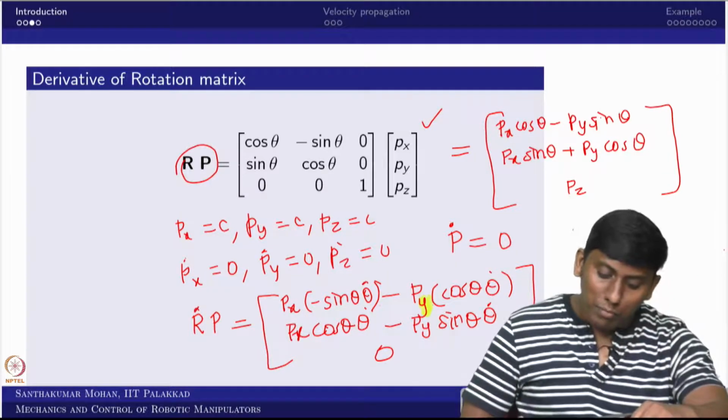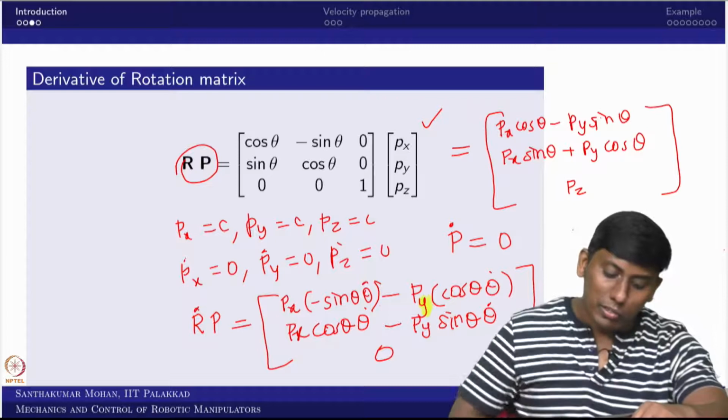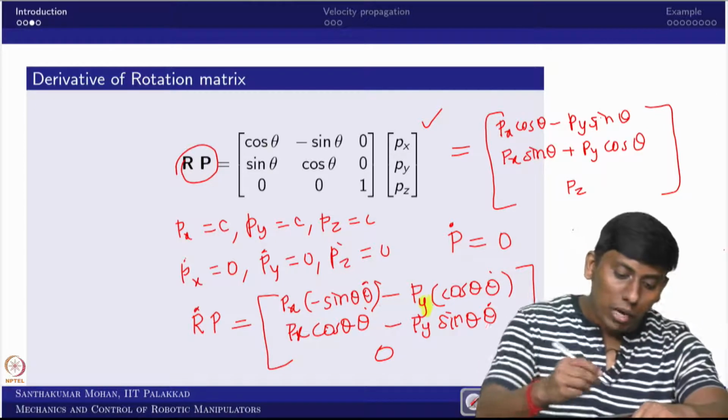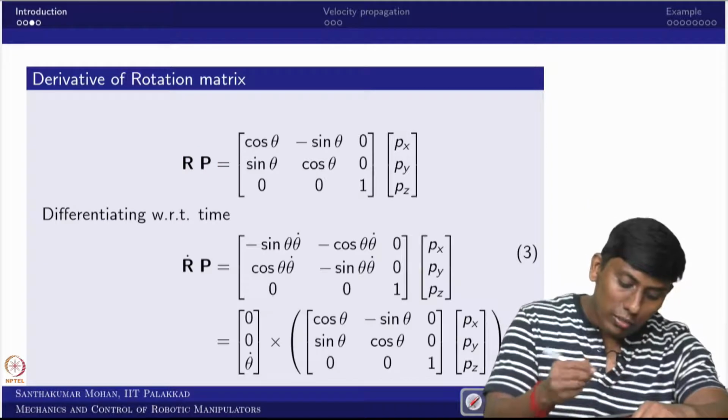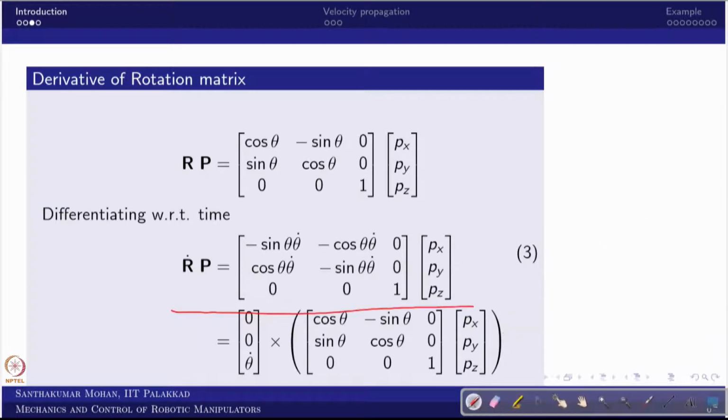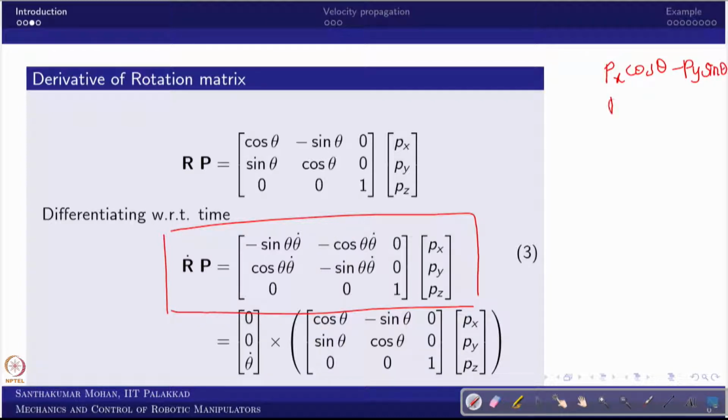So like this you will come, or you can do this differentiation, so that is also there. I am just doing the first differentiation of this, okay. I will show and come back. So now this is the equation which we obtain, right. This equation I can rewrite in the other way round. You can multiply this. So it has Px cos theta minus Py sin theta,